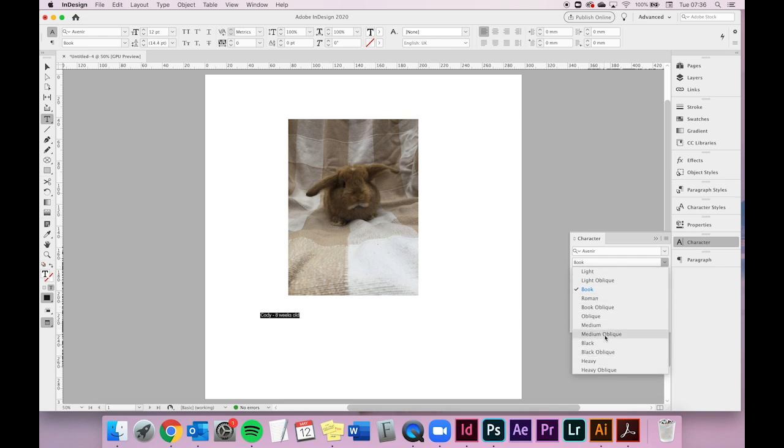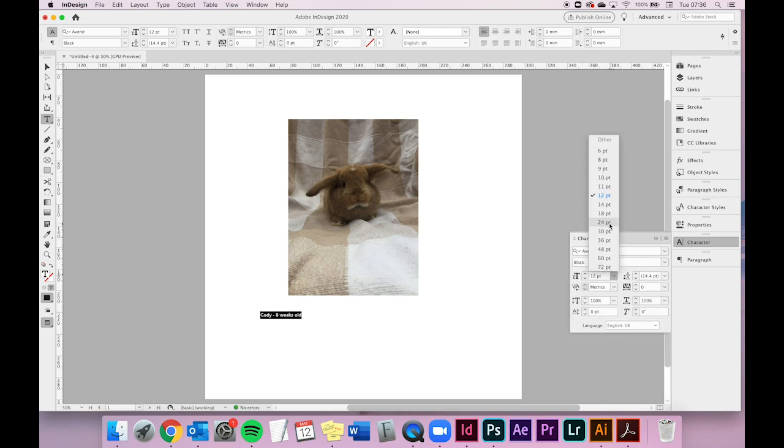So here are your different options for the weight. So we will select black. Here is your size, so make it a bit bigger. This one here is called leading, and that is the space between your lines of text that are within the